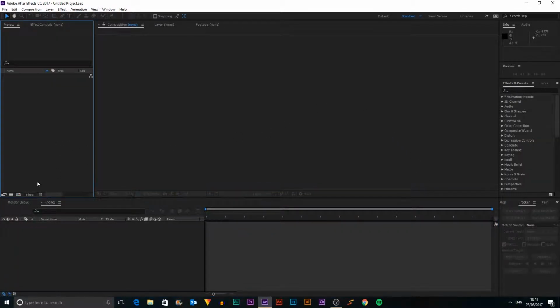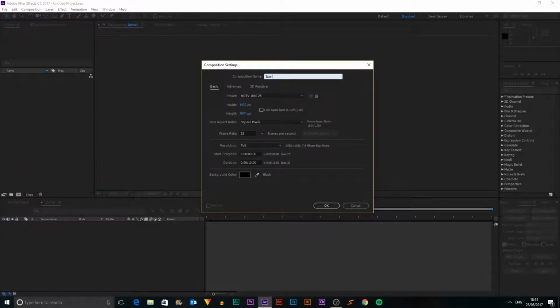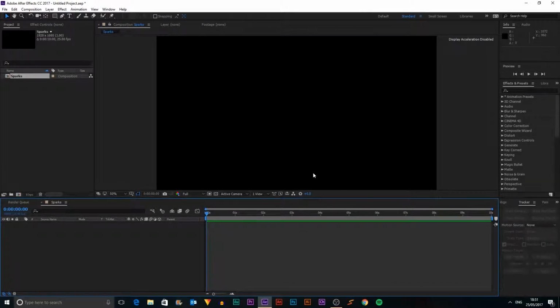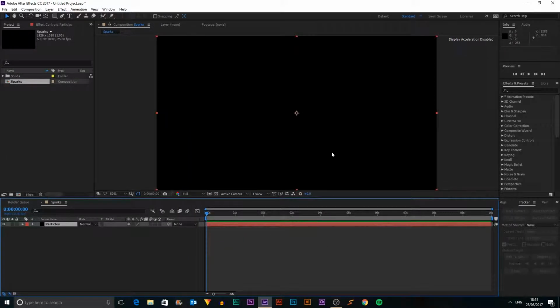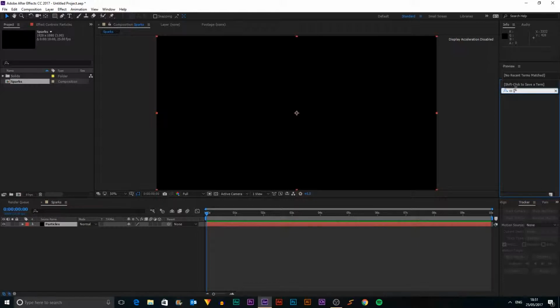So, to get things started, I'm going to go up to my project panel and create a new composition called Sparks. Make this 1920 by 1080, 10 seconds long, and the background color is going to be black, and then click OK. Then I'm going to hit Ctrl Y to create a solid, and we'll call this Particles. Click OK. And then we're going to add an effect to this called CC Particle